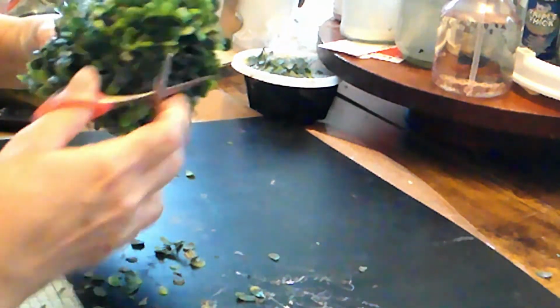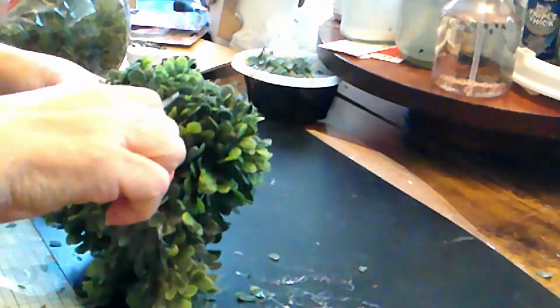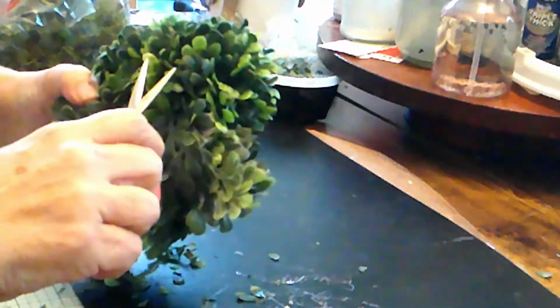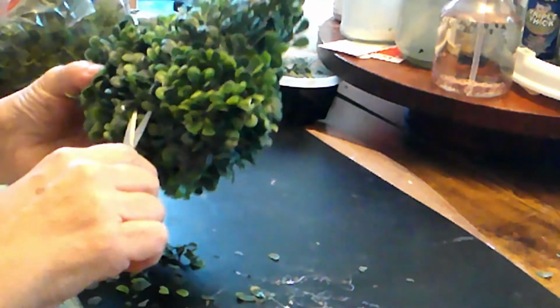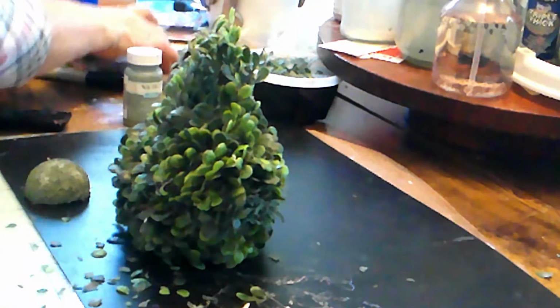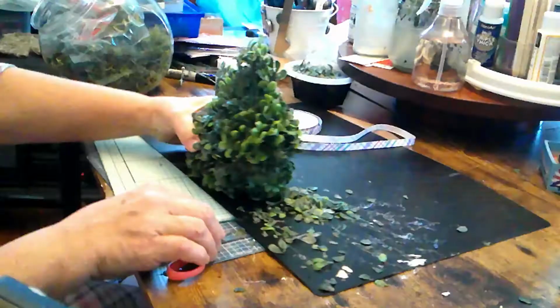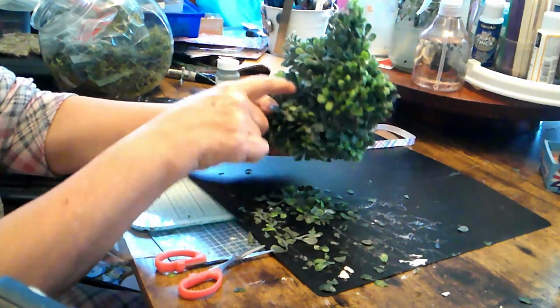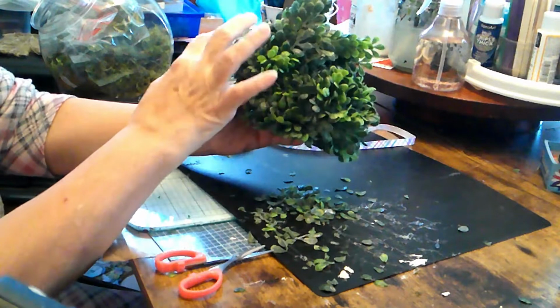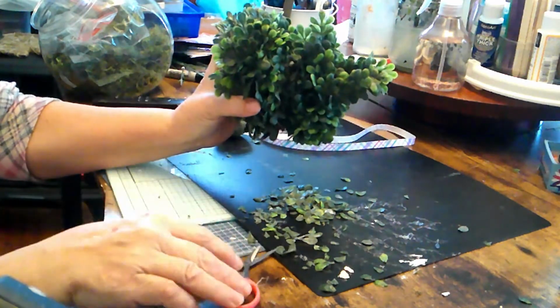Yeah, so I just want to emphasize the face. And now I'm going to go in because we're going to put a ribbon around its neck, like so. So as you can see, I trimmed around the neck and around the nose, and then I made this flat